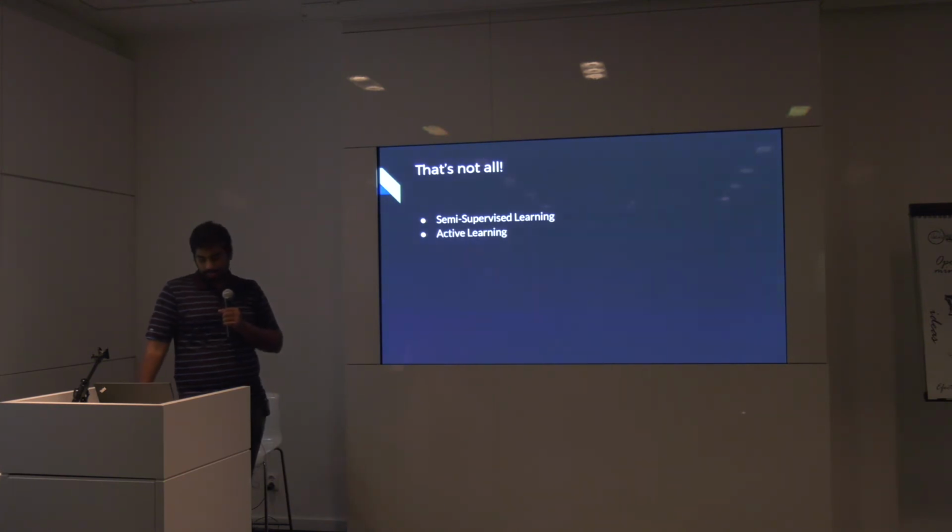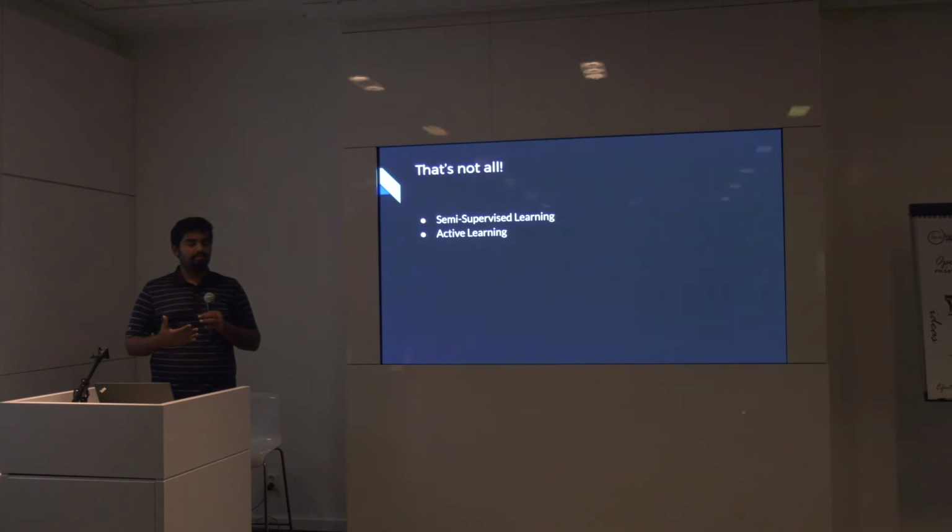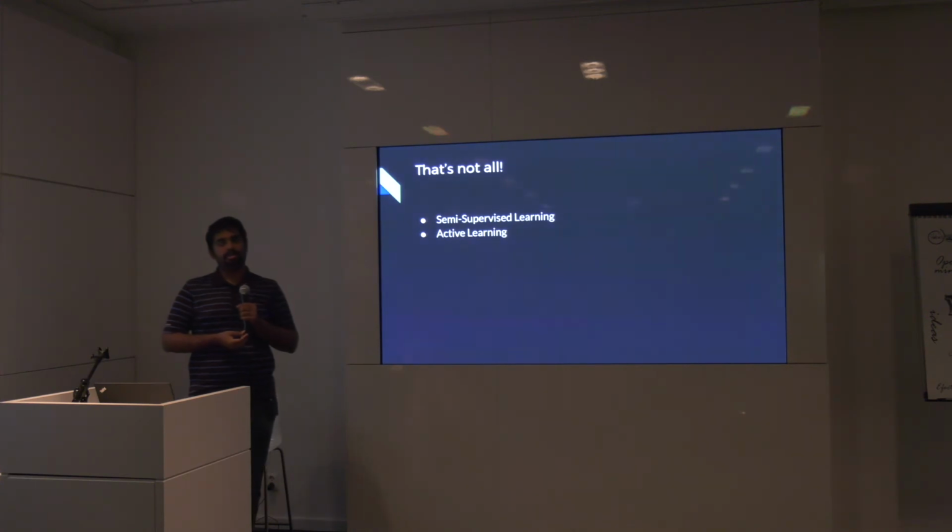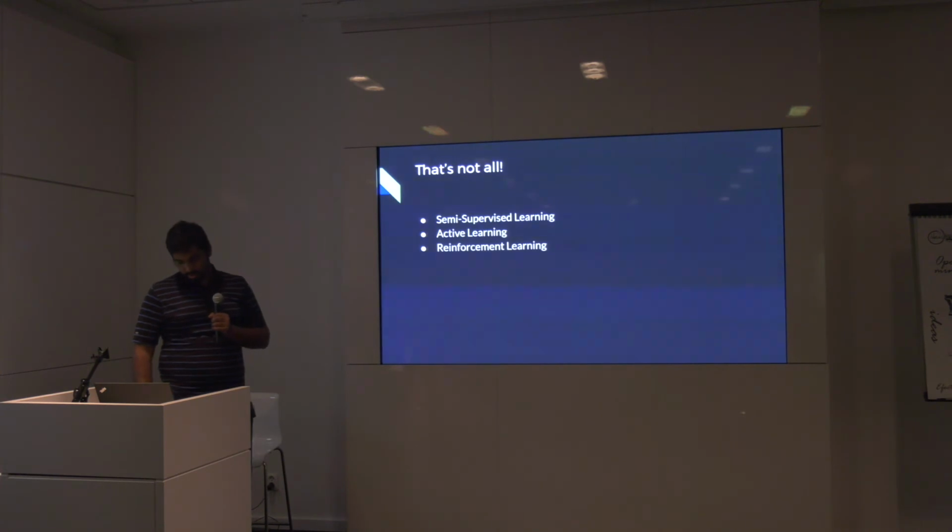There's another set of algorithms called active learning. In this case, there are no labels, but how this goes is you give the entire data set to the algorithm, and then it says, okay, I need the label for this data point. So you go and compute the label for that, and it goes on. It's an interactive kind of approach, so to speak. Okay. And then there's reinforcement learning. There's an entire talk about it coming up.